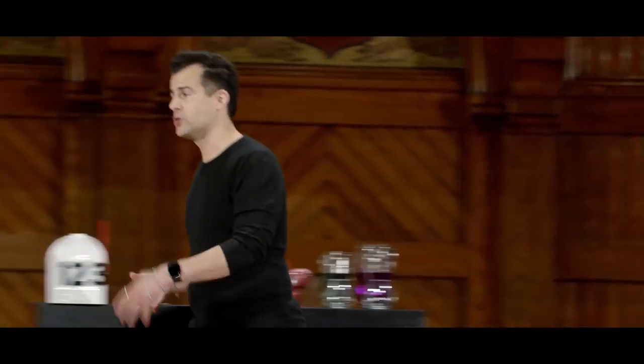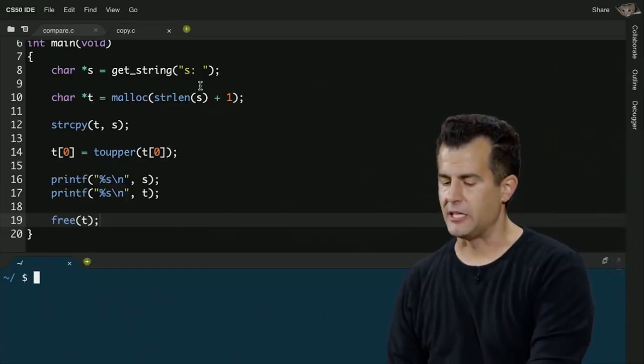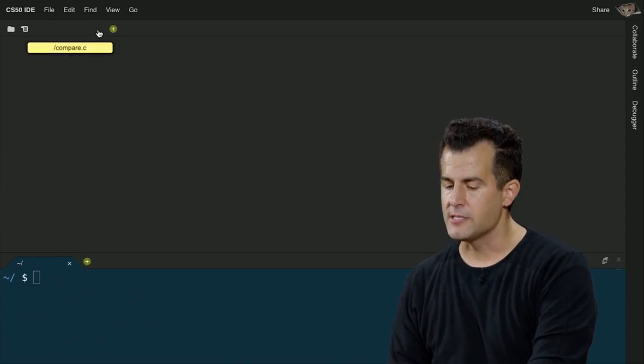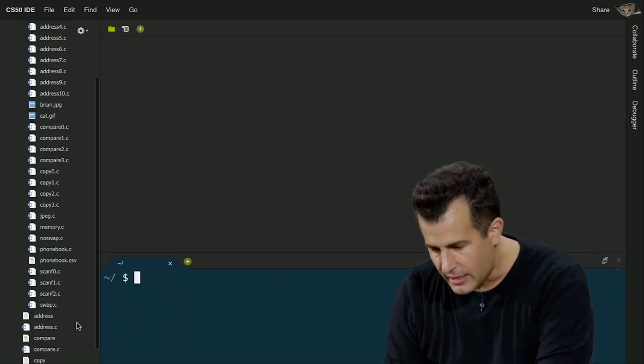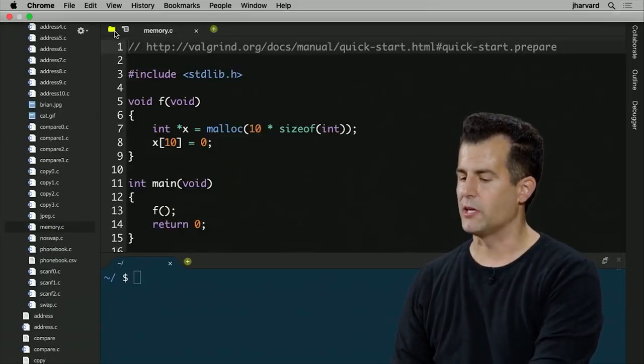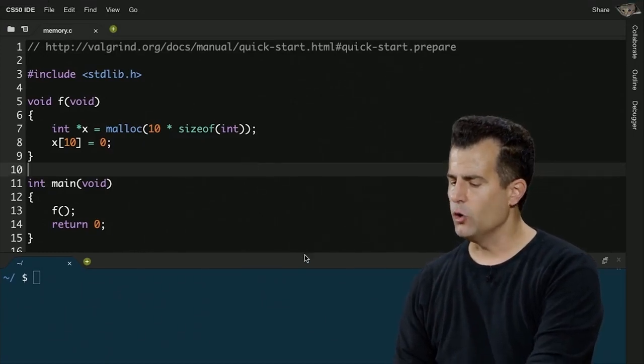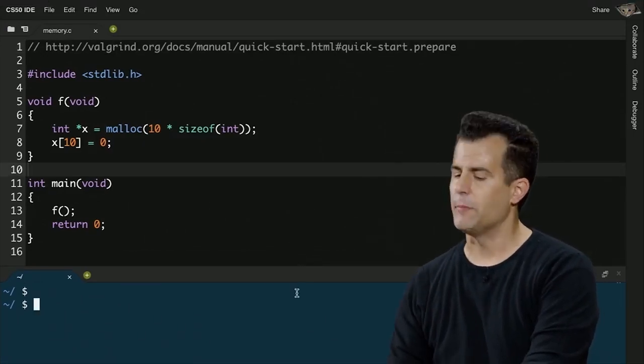And we'll see more of this over the next couple of weeks as we use it to chase down more complicated bugs. But it's just another tool in the toolkit that allows us to detect these kinds of errors. Let me try one other thing, actually. This is a program that I wrote in advance. This one is called memory.c. And as always, these are all on the course's website if you'd like to tinker after. And it's a little pointless. It's just meant for demonstration purposes.